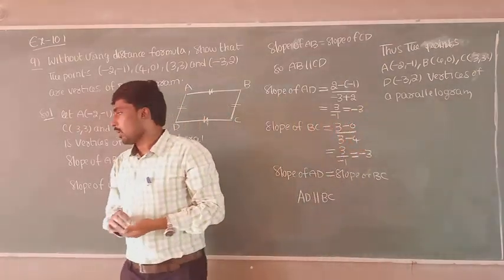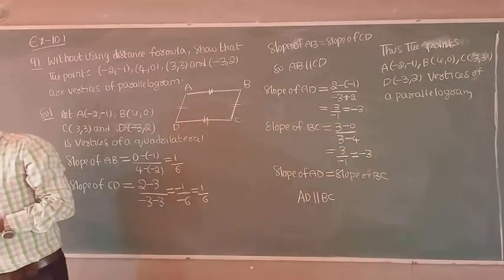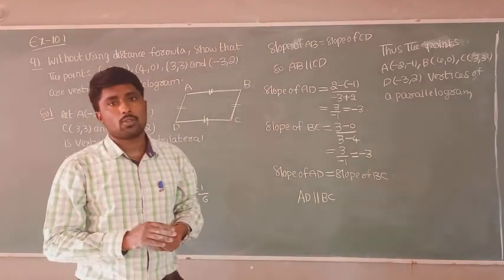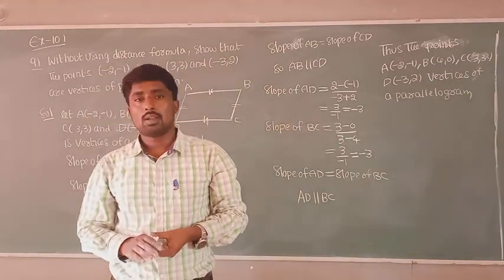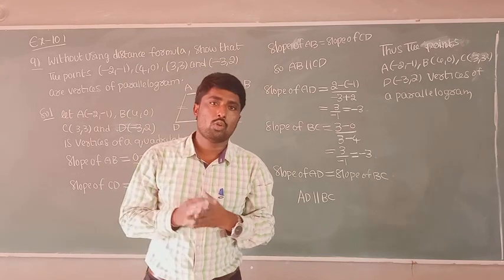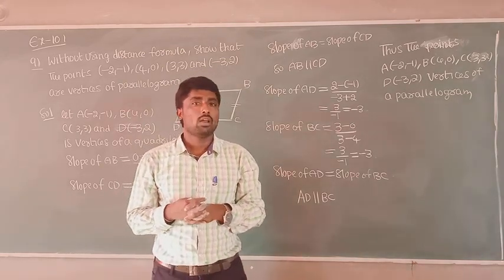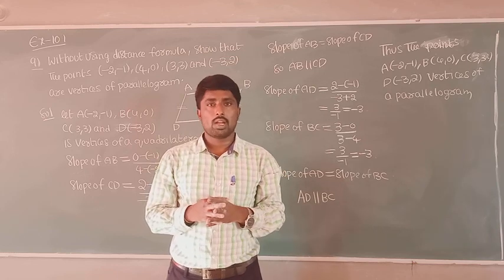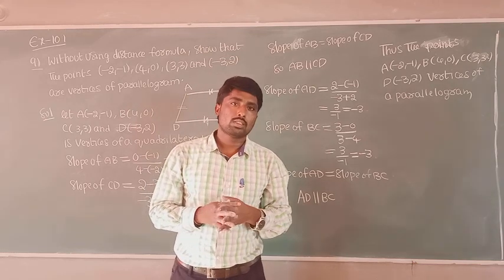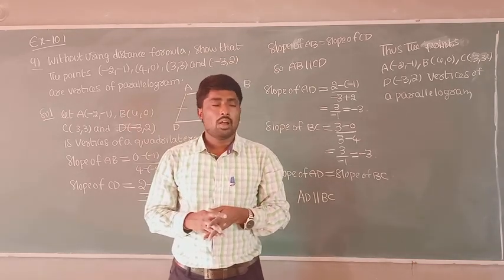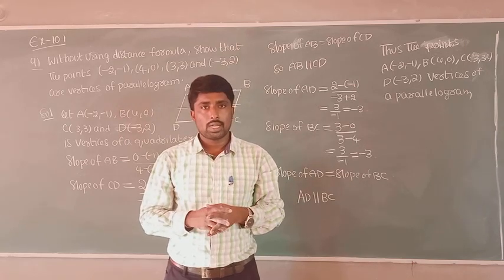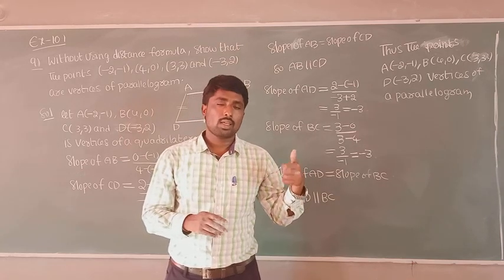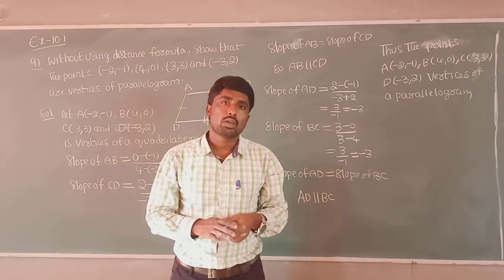Next, the last problem pending, the 14th problem, you can take it as homework. Next, I will discuss the point slope form of a straight line, the two-point form, and the intercept form. And one more concept is the slope intercept form and the normal form of a straight line. We will discuss the different forms of a straight line in the next class.